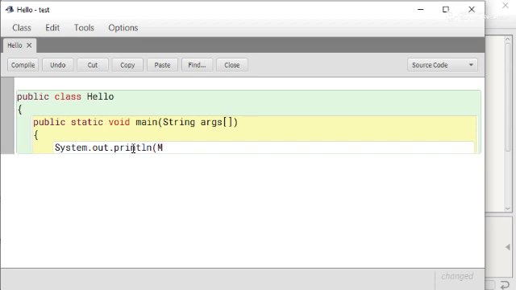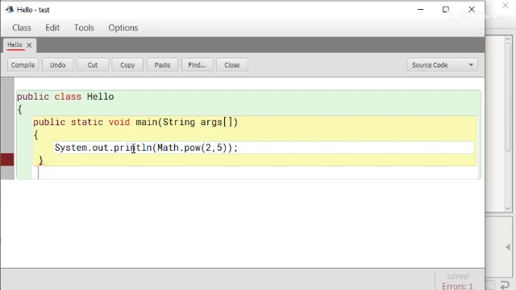call the method Math dot. Suppose first of all you have to find the value 2 to the power 5, then you can write like Math.pow(2, 5)); semicolon, enter, and close the curly bracket of main.